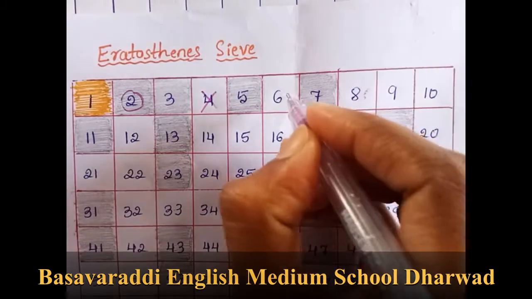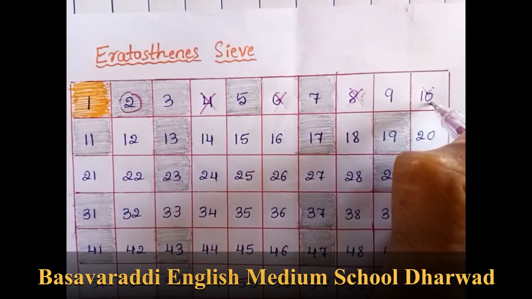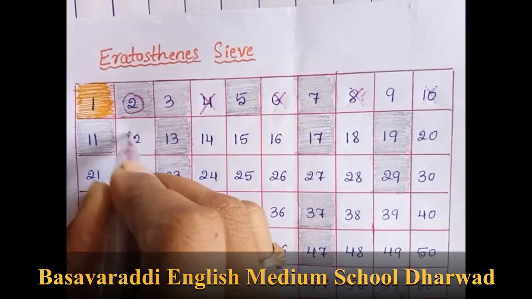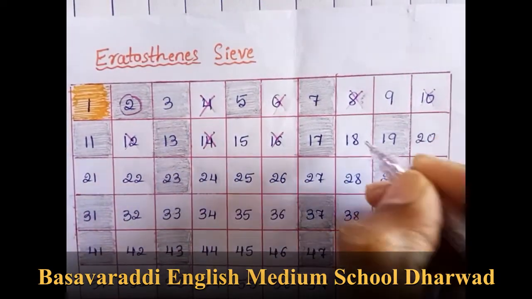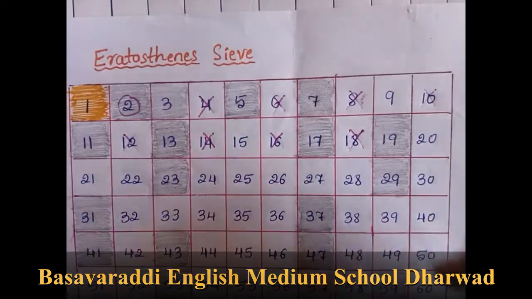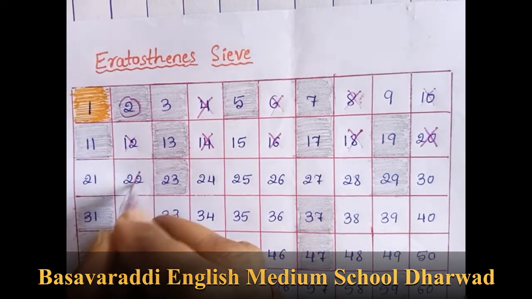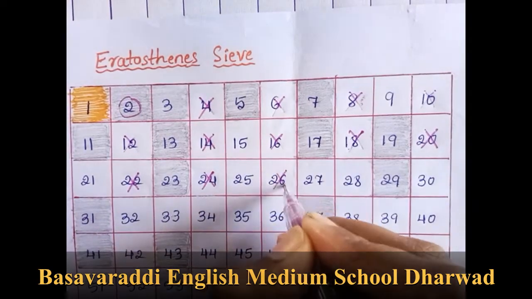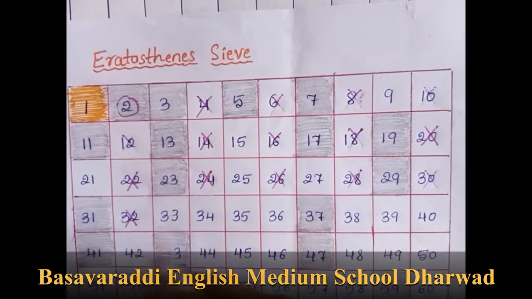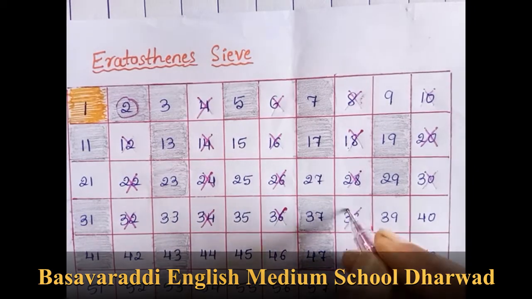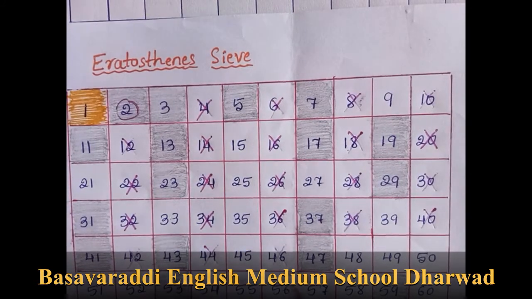The 4, 6, 8, then 10, next 12, 14, 16, 18, 20, 22, 24, 26, 28, 30, 32, 34, 36, 38, 40, 42, 44, 46,